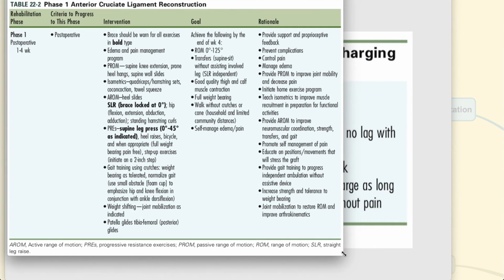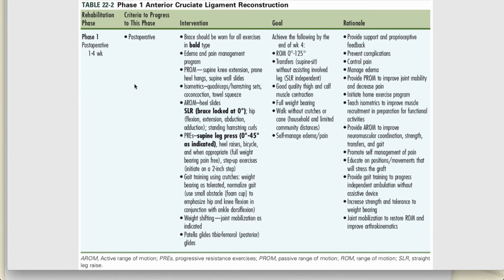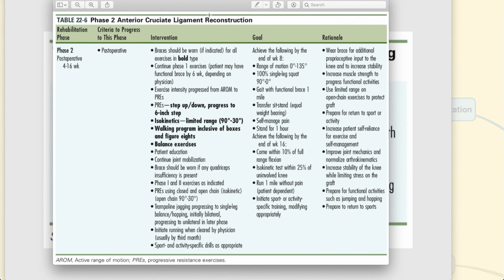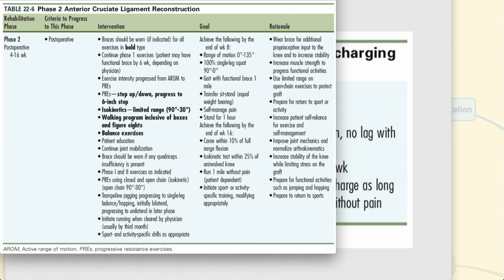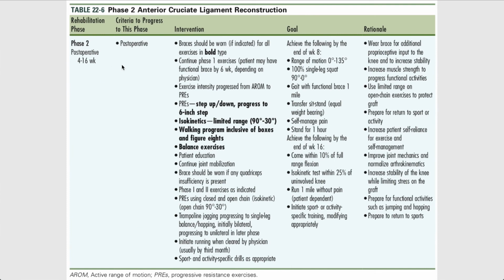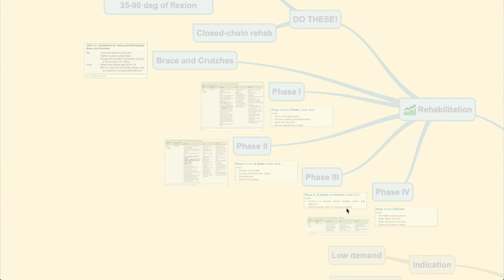These are the phase 1 of the ACL reconstruction. You can see here that it is further subdivided into the intervention, goals, and rationale. The next phase is done from the first month until the 4th month, and usually during this time isokinetics in limited range is done, and there is a walking program and also balance exercises. And the next phase would be the